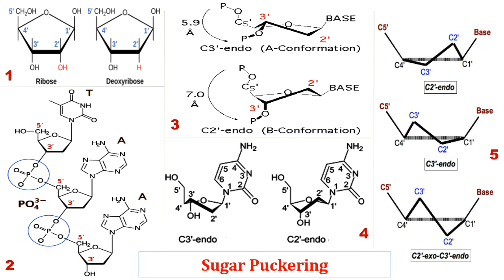This sugar puckering is a very crucial phenomenon to be considered in case of nucleic acid conformation. The word pucker means tightly gather or contract into. Generally in pentose ribose sugar, all the atoms of the ring lie in one plane. But in nucleic acid structure, it is evident that carbon atoms at sugar 2' and 3' position move from their planar position towards the upside of the plane or towards the downside outside the plane. This is known as sugar puckering.